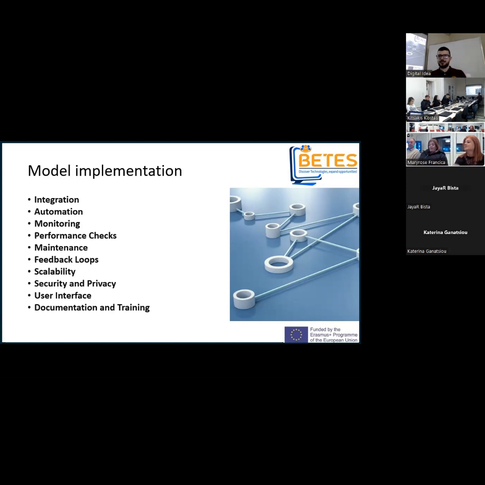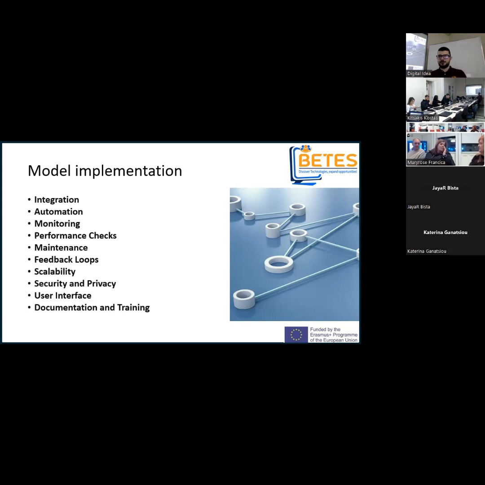We have the performance checks, the maintenance, which needs regular updates, especially in business environments, etc. Feedback loops, we implement feedback mechanisms to collect insights on the model predictions. Scalability is the ability of the model to handle any scale of data at any rate or speed.